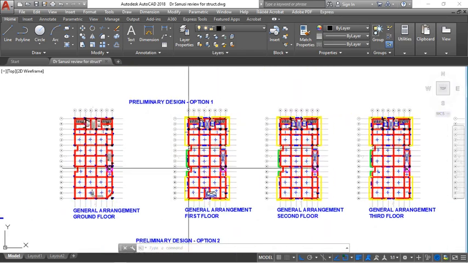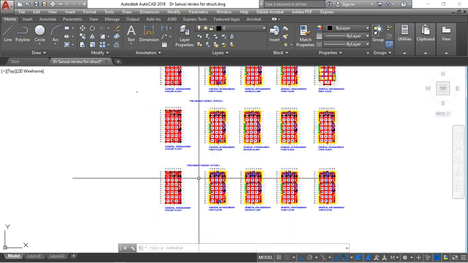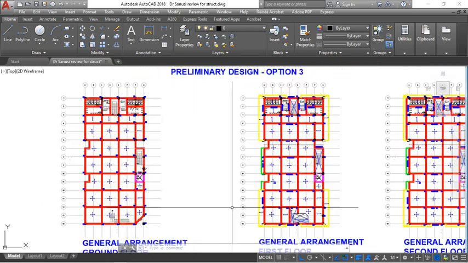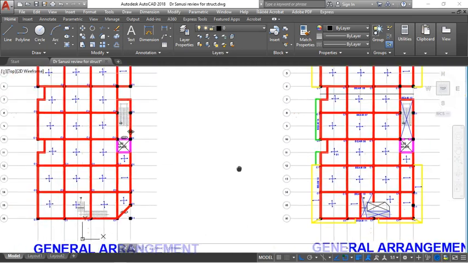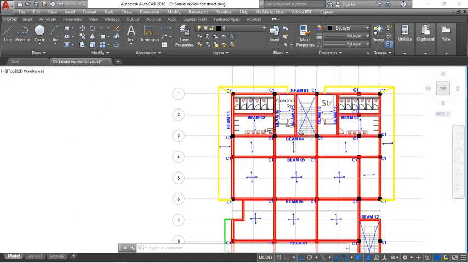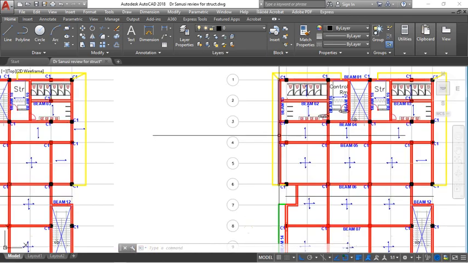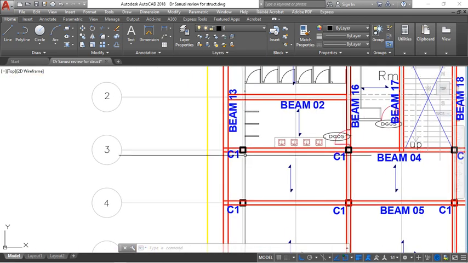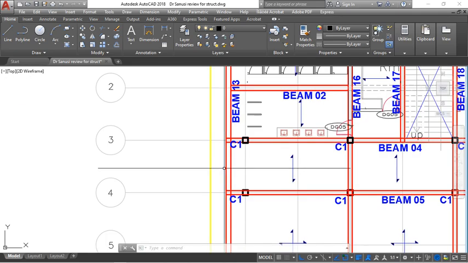Option 3 is also beam and slab arrangement, but in this case, from the columns, some of the beams will have to be cantilevered out so that they can support the